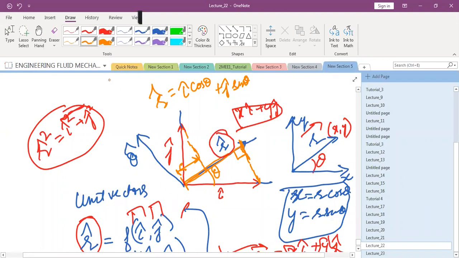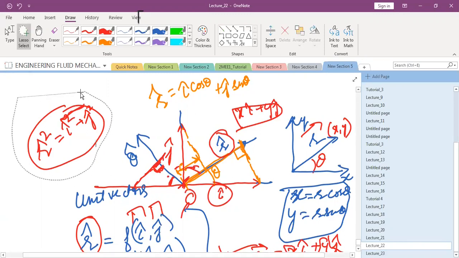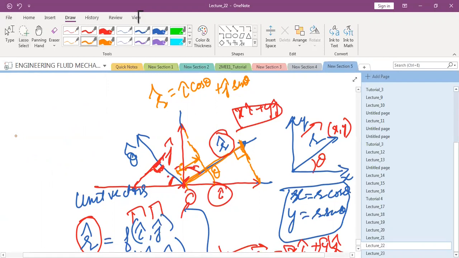And how can you find out the contribution of i and j in theta direction? So what do you think? This was positive i, this is origin, this is negative i. So if you project negative i onto theta, what is this angle now? This is theta, this is 90 minus theta. So what do you get? Projection of minus i cap sin theta.